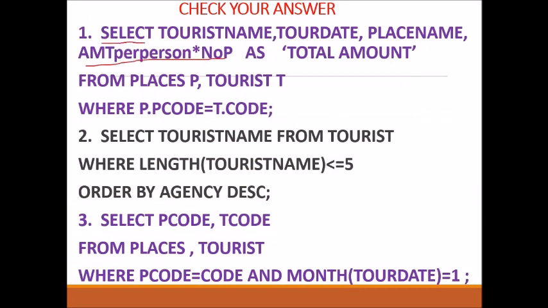Remember it. Whenever you have to use any formula like this, it is always used in the select part, as you can give a heading to that particular column. Two tables are required, and whenever two tables are required, this type of joining statement is required.